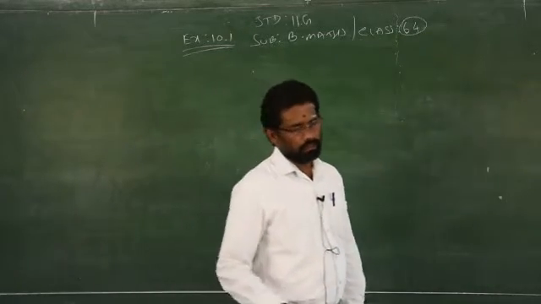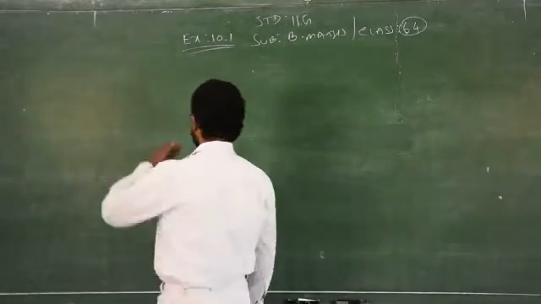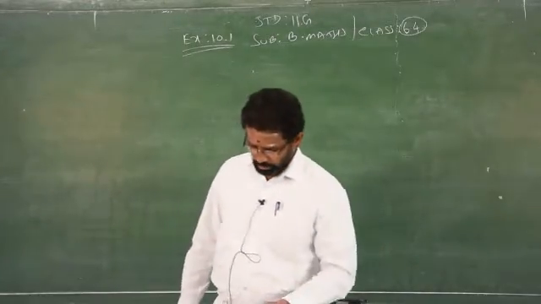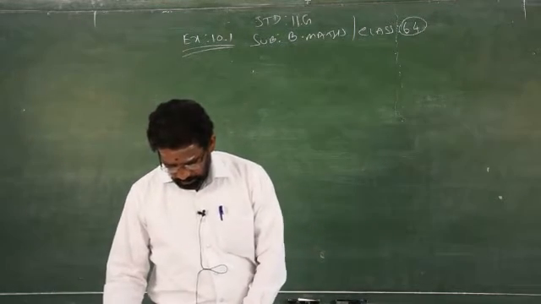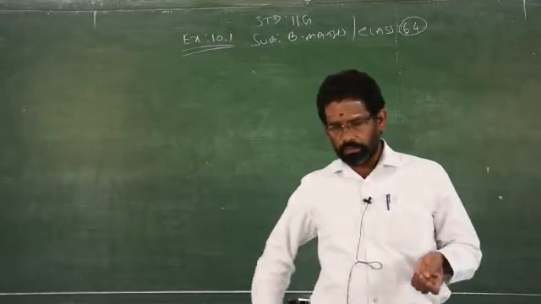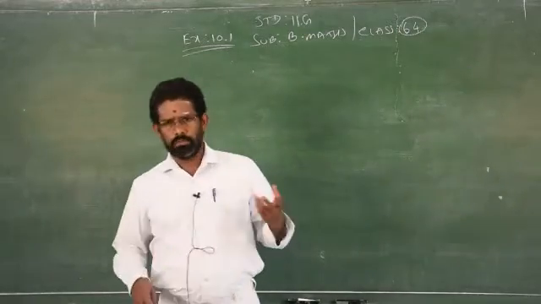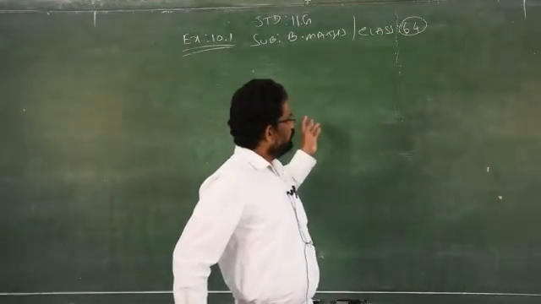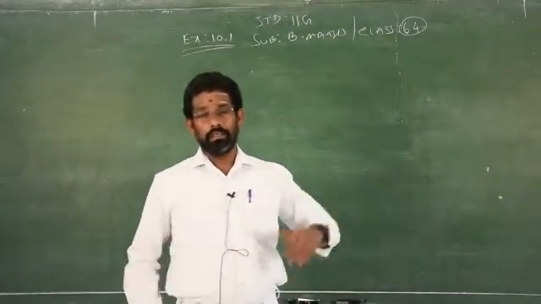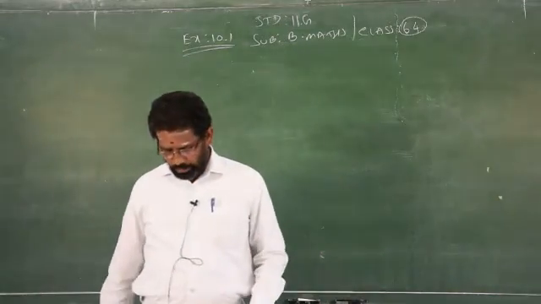This you have to do only on the graph sheet. Without a graph sheet you cannot proceed. I will teach both on the board, but you have to complete all the problems. There are 6 problems. The calculation part I will teach, but you have to plot these points on the graph sheet. Clear? I will do 1 or 2 problems on the board, showing how to draw the graph and how to shade the region to find the feasible region.